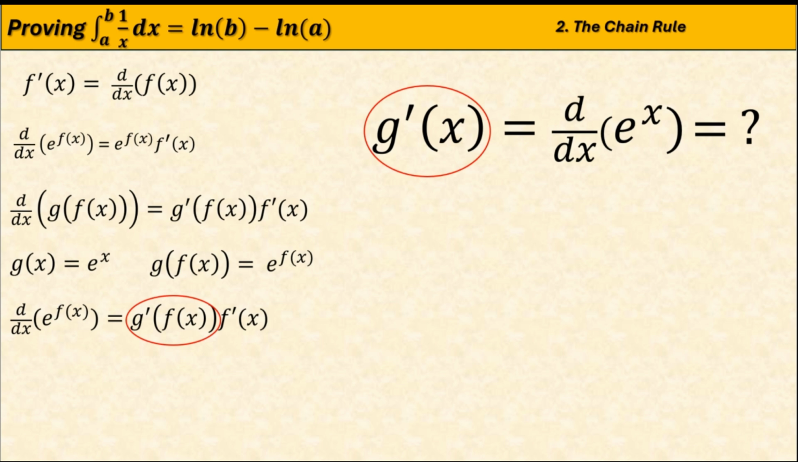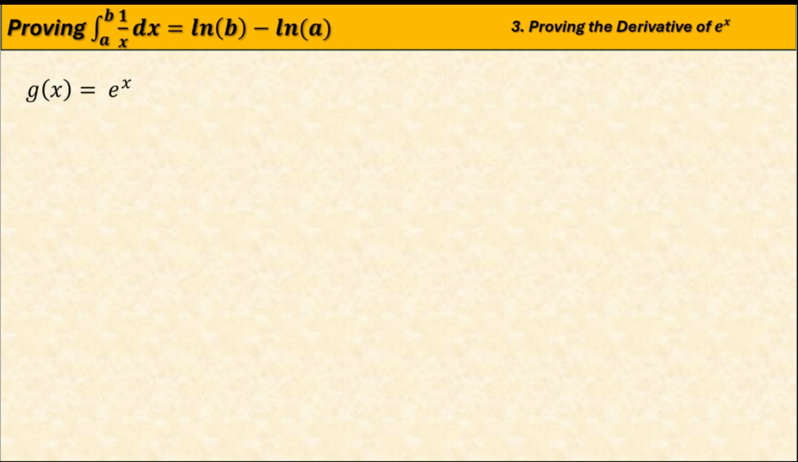Because once we have solved for that, we can plug the derivative of g of x into what we have here. So step 3 is going to be trying to solve for the derivative of e to the x. What we're going to do is use the limit definition of the derivative, which is how derivatives are defined in calculus. The limit definition is that the derivative of g of x is the limit as the